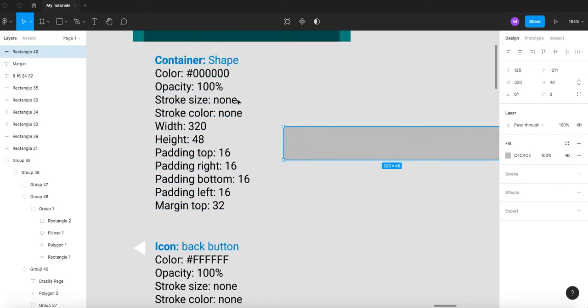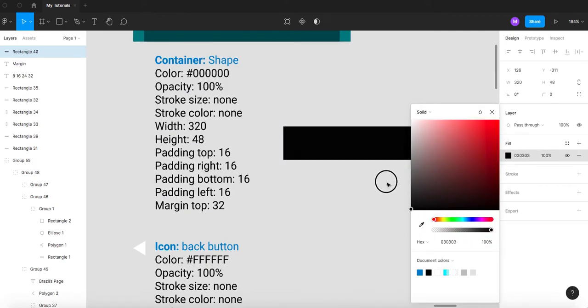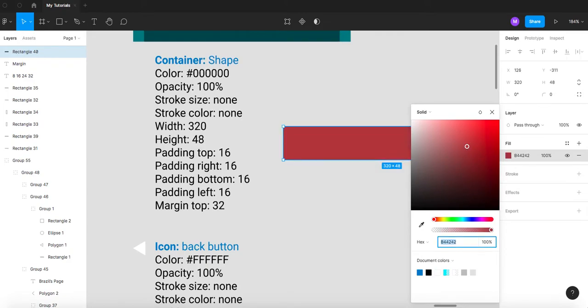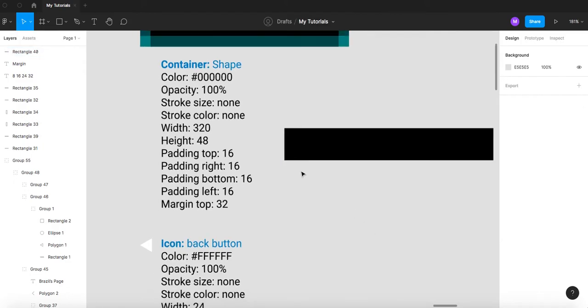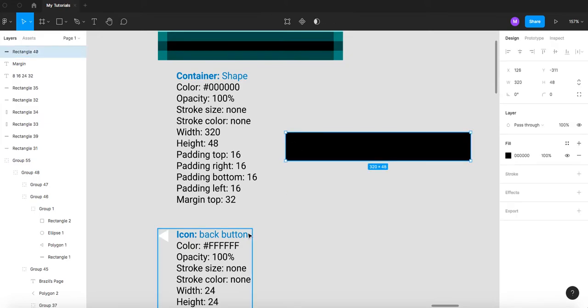The color is 000000. So we are going to open here. We can move it here or just come here and type 000000. Press enter. Okay. It's quite okay. Then let's have this white